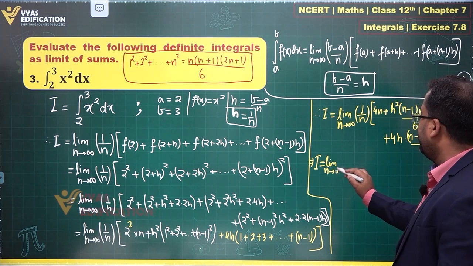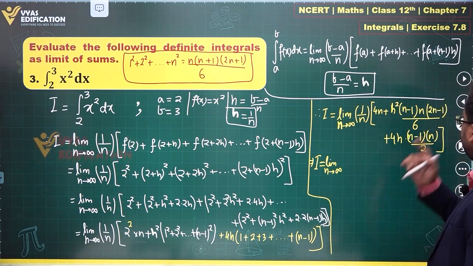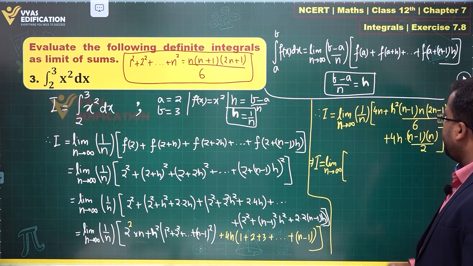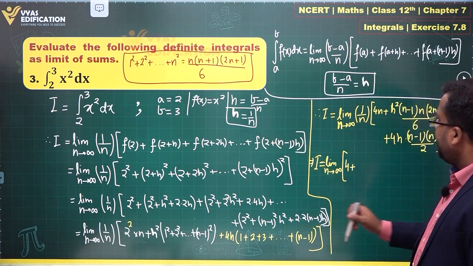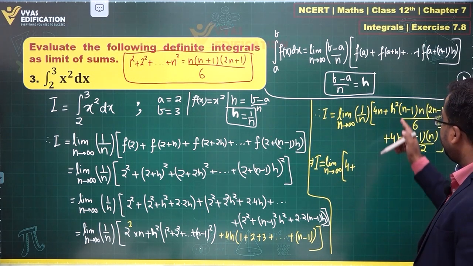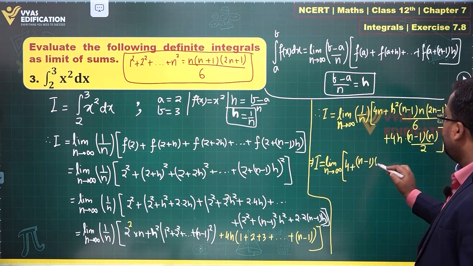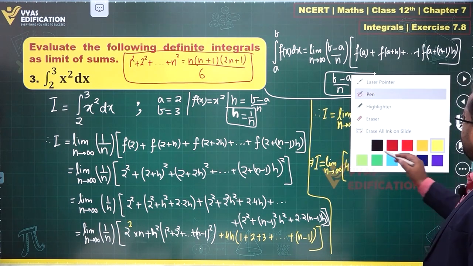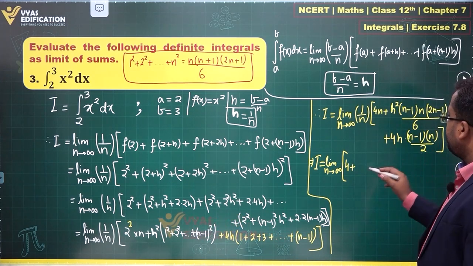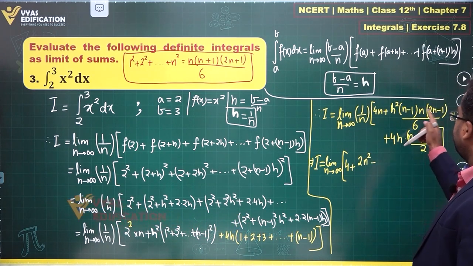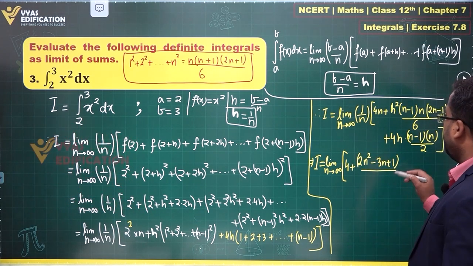n tends to infinity. Okay, that's the first thing. And 1 by n is already there. We can take that 1 by n inside in the square bracket. What do we get? 4n upon n is 4 plus h square is 1 by n square. There's a 1 by n as well. So 1 by n cube is what I'll get. And this will get cancelled. So n minus 1 to n minus 1. We could multiply them together as well. Yes, let's multiply them together. This is 2n square minus 2n minus n was minus 3n plus 1 upon